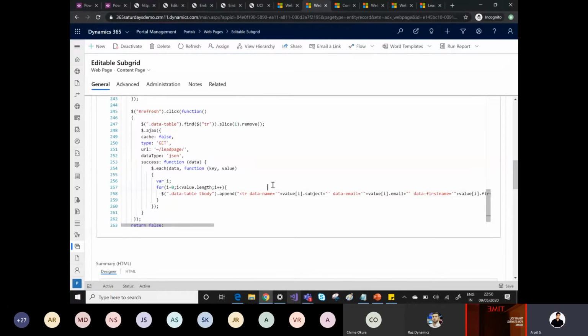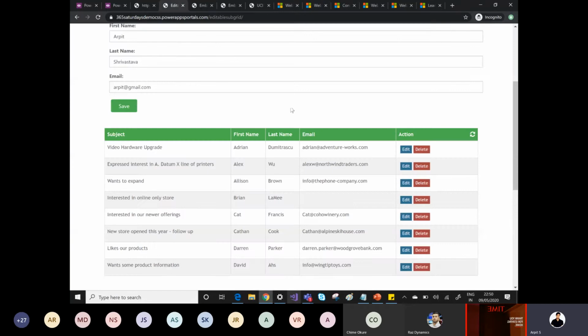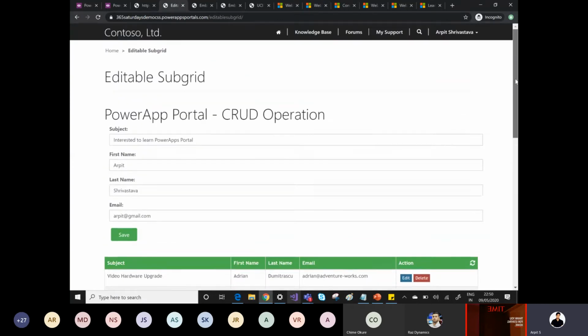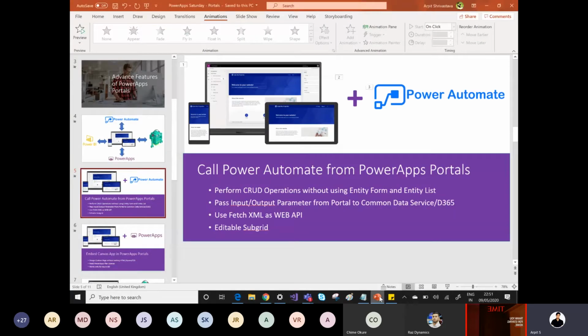So you have seen that using some customization and little tweaks, we can perform some CRUD operations. This is just a very simple example of an editable subgrid, but you can implement a lot of requirements by using these kinds of concepts. So this is one feature of performing CRUD operations. Let's